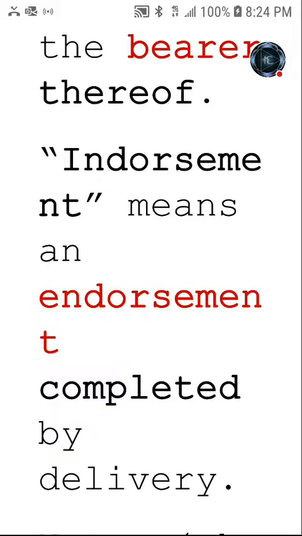When the bearer is holding, after you've endorsed it, when you've